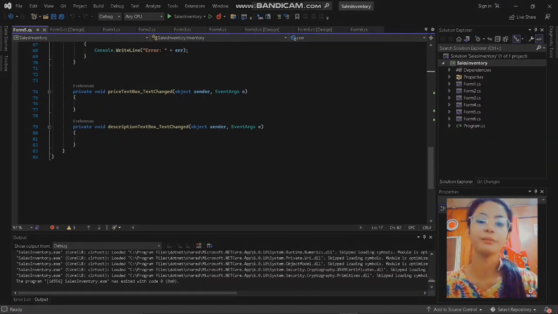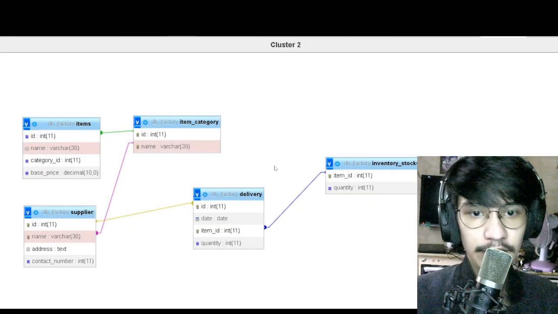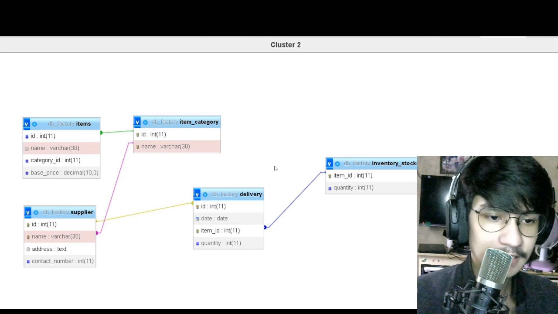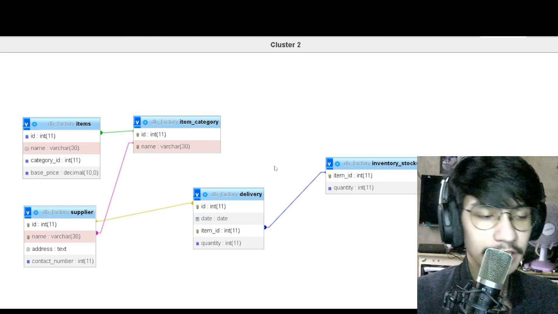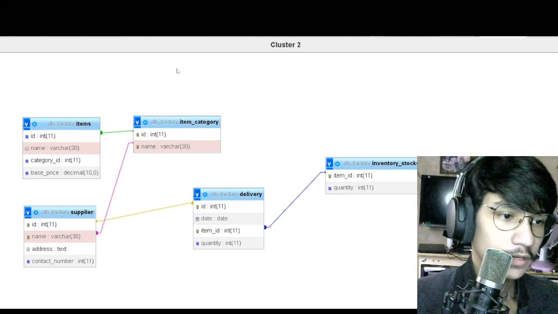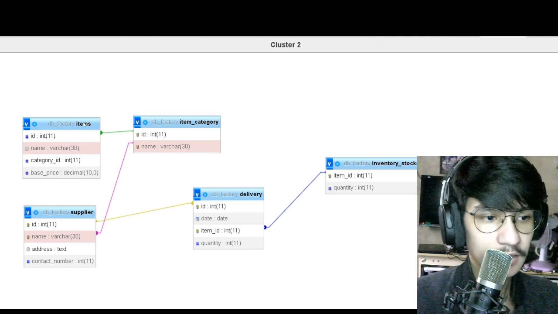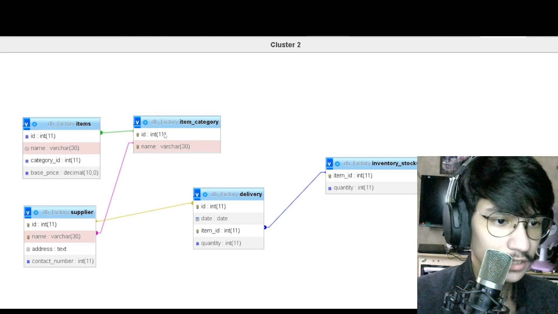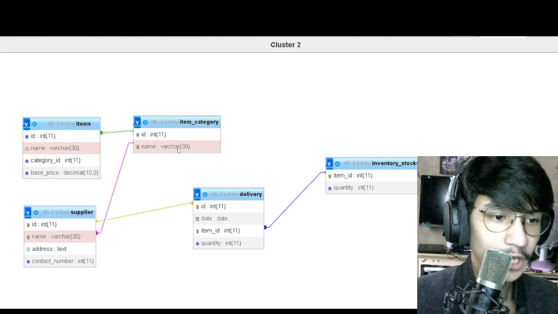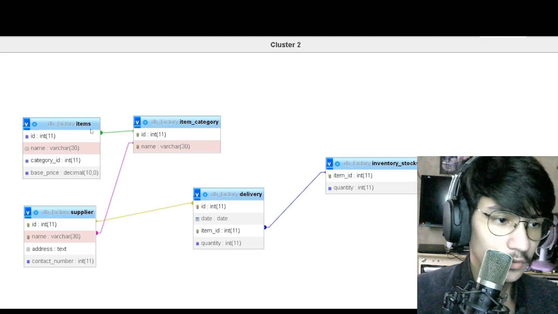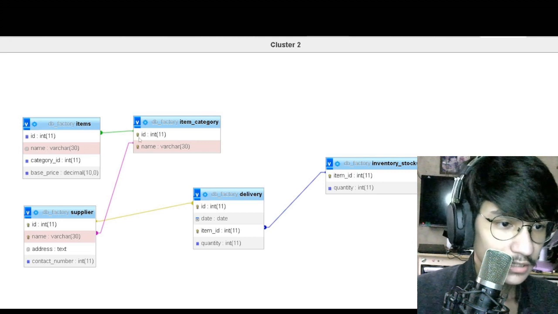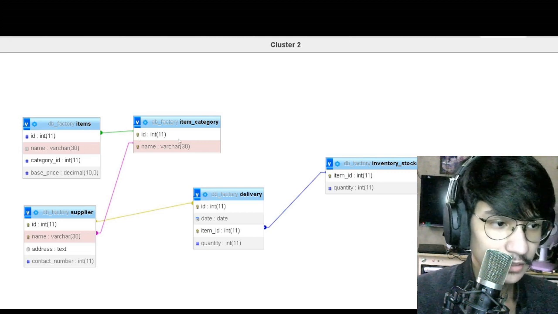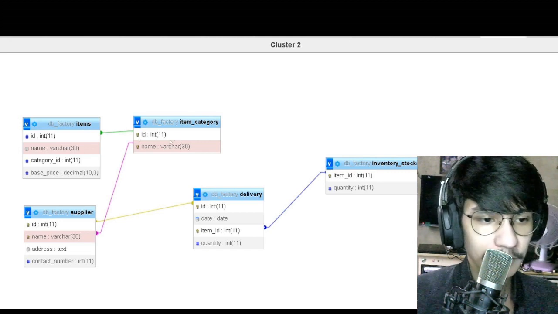That's all. Thank you. Hello, I'm Casiño Adrian Jose here, explaining the relationship of our project. Here we have the items table, which has a relationship with item category, where the items table has a foreign key of item category,